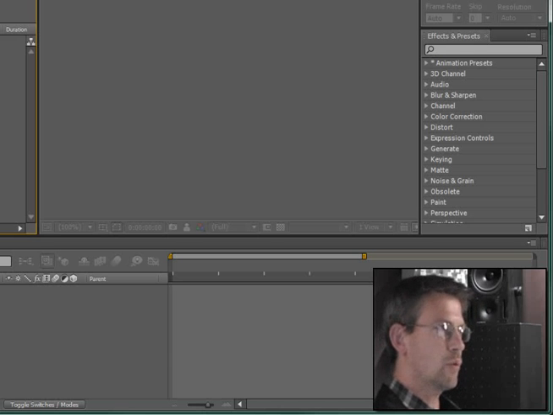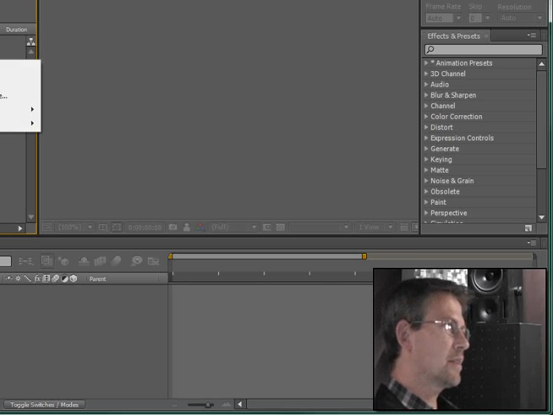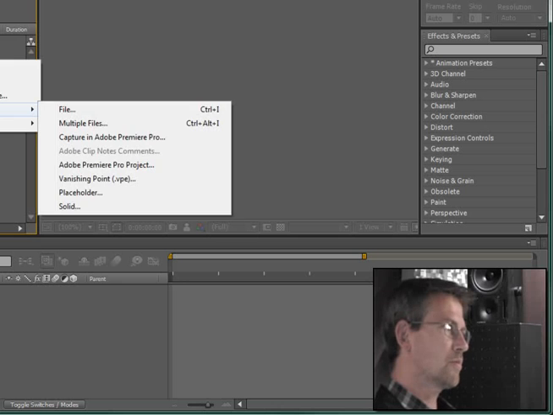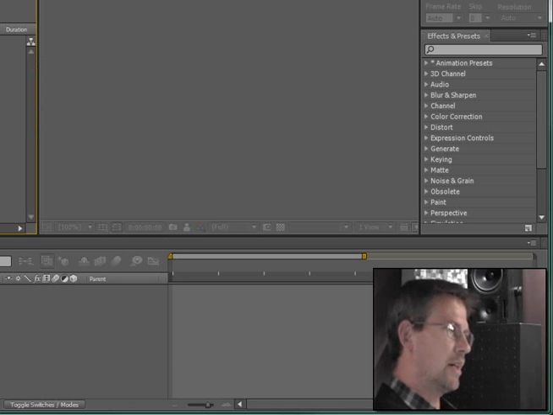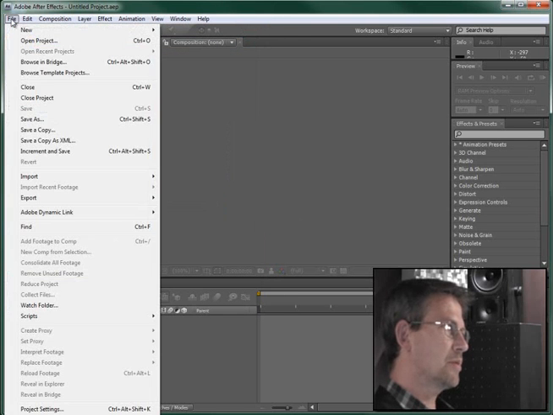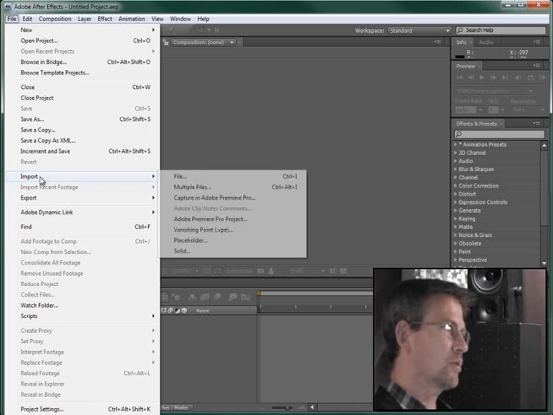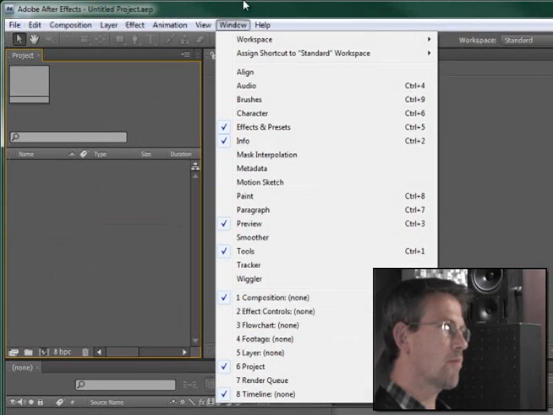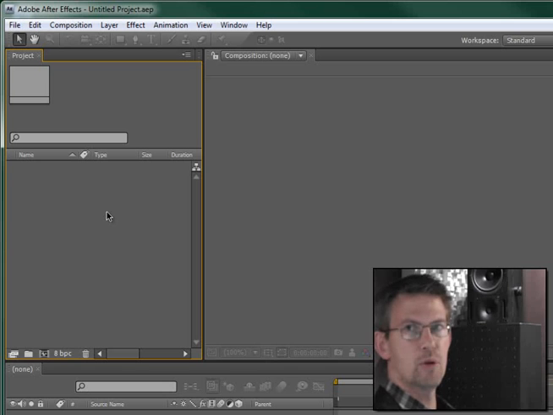And there are several ways to import media into After Effects, just as in Premiere. You can right-click here and choose Import. You can press Ctrl-I and do Import. You can go up in the menu and choose Import File. And this is very typical both for Adobe Premiere and Adobe After Effects, that there are many ways of doing